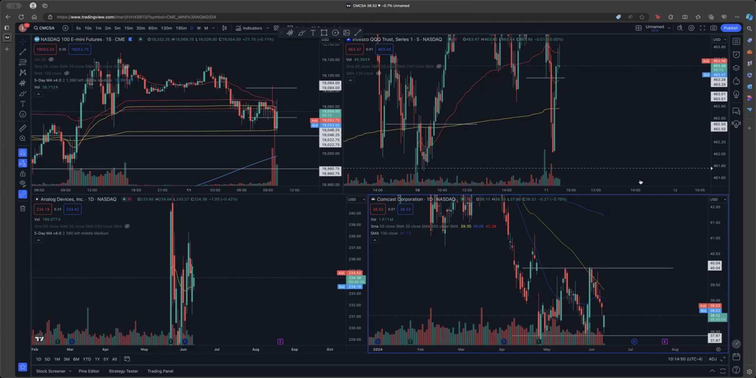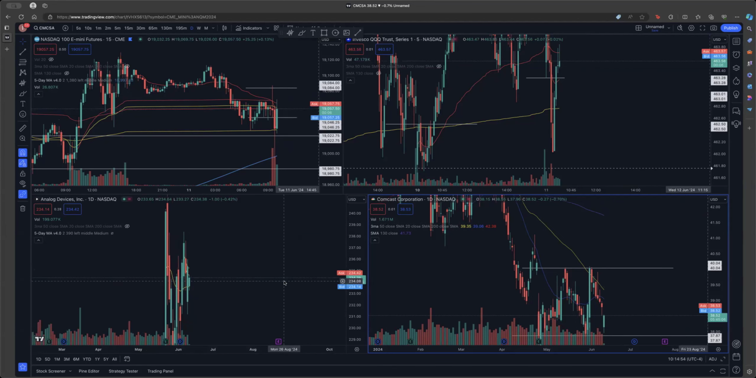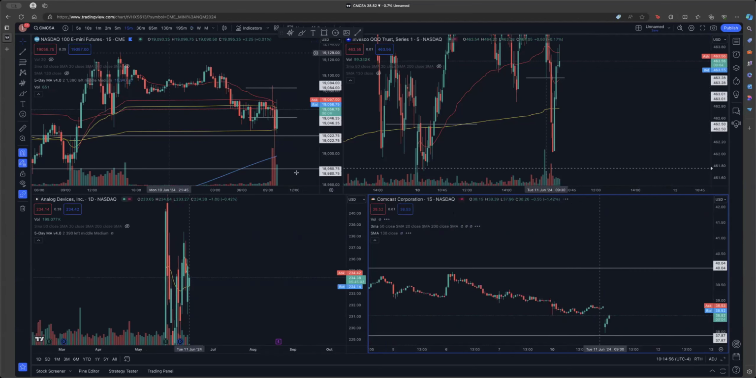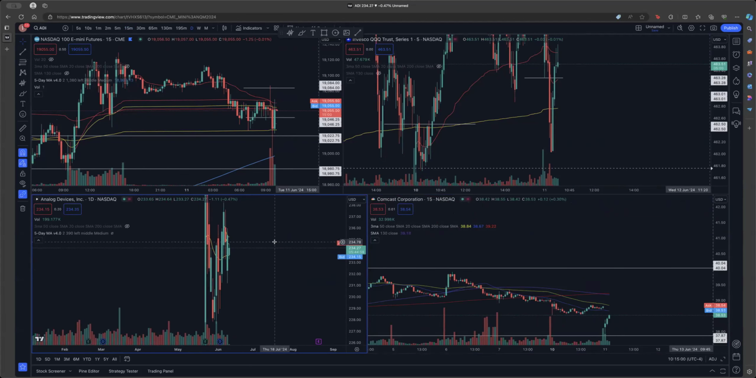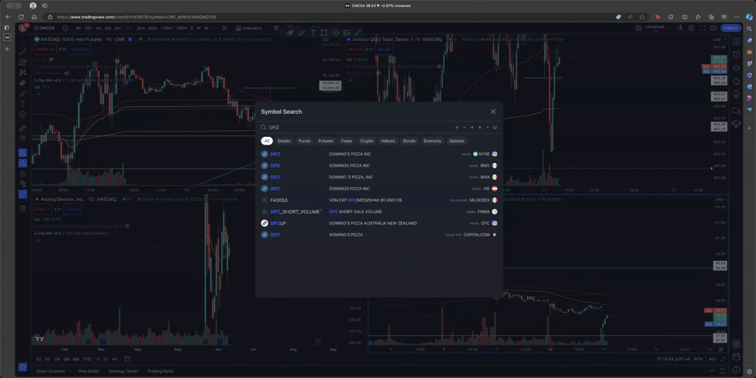For ADI, what was the question? Is it okay to take the ADI signal today? Yes, you can. It's still a good looking chart. There's nothing wrong with ADI. There's nothing wrong with TDW. There's nothing wrong with DPZ. But if you're going to take ADI today, your stop loss should be at 231. And if you're going to take DPZ today,